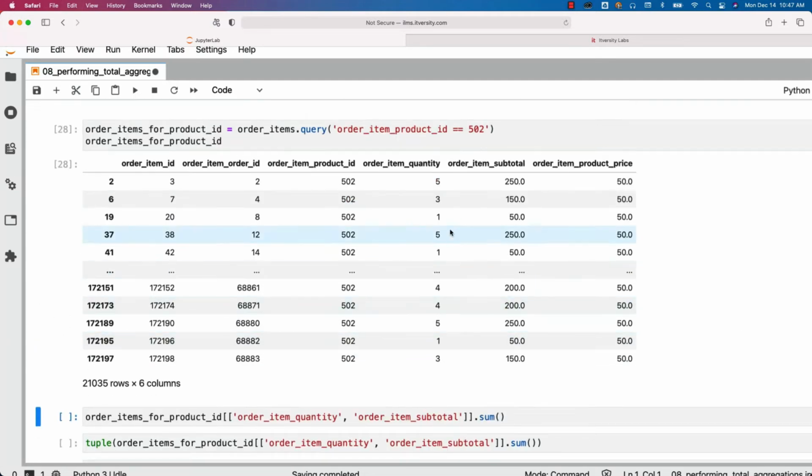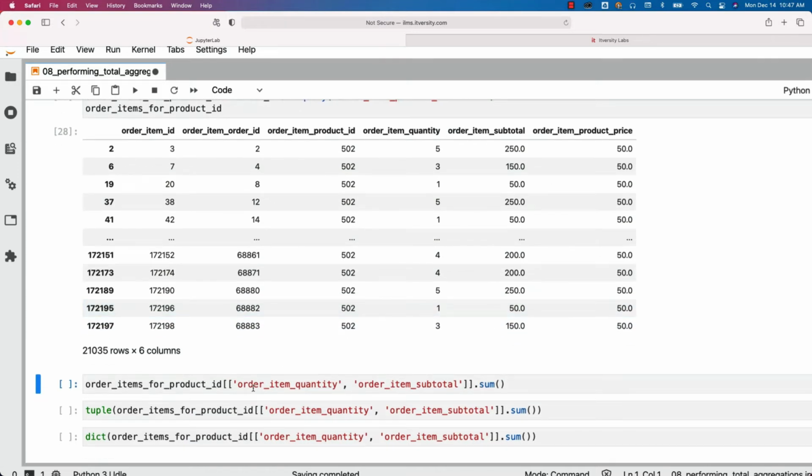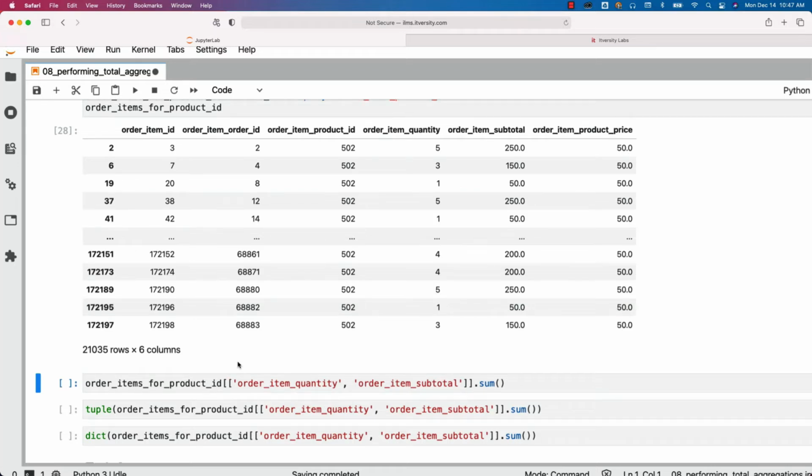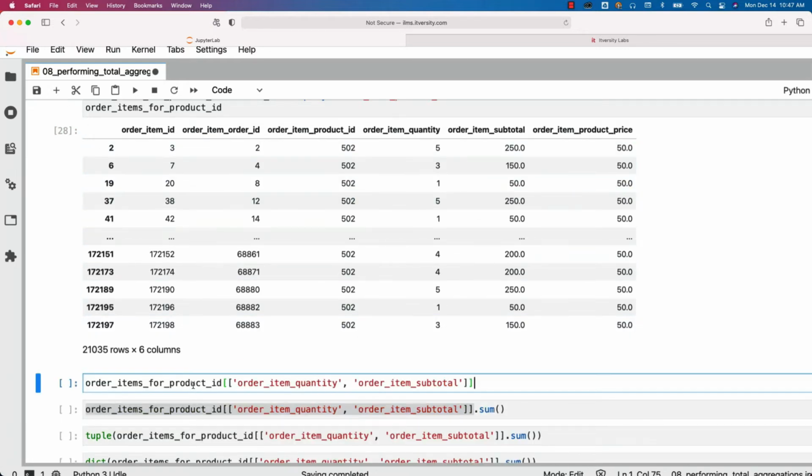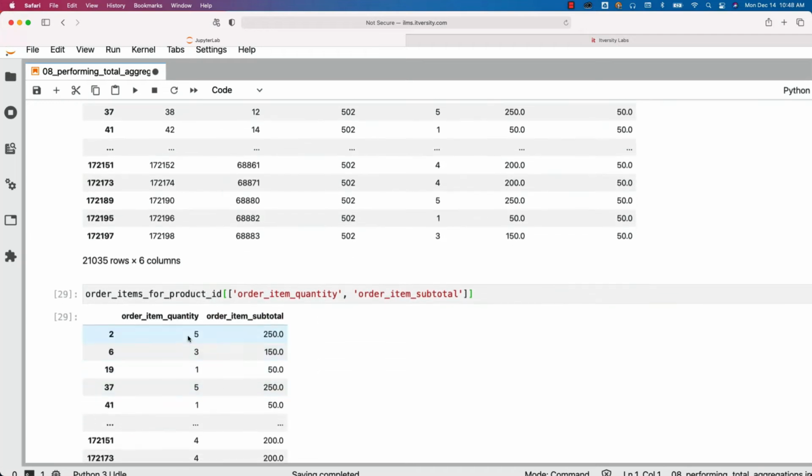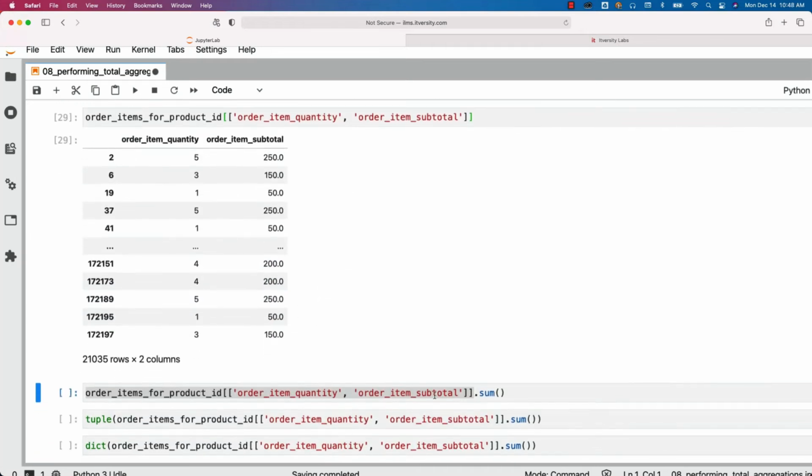Now we want to add the count by adding these values for this product ID and get the revenue by adding these values. Let's see how we can take care. So in this case, we need to get both quantity and order item subtotal. As we have to get more than one attribute, we need to ensure that a data frame is returned. For that, we can actually use this approach. So if you say order_items_product_id in double square brackets, if you specify multiple columns, it will return a data frame. Let me add one more cell here, paste it and run this. You can see both quantity as well as subtotal. Now, on top of a data frame, if you apply functions like this directly, that function will be invoked on each and every attribute.